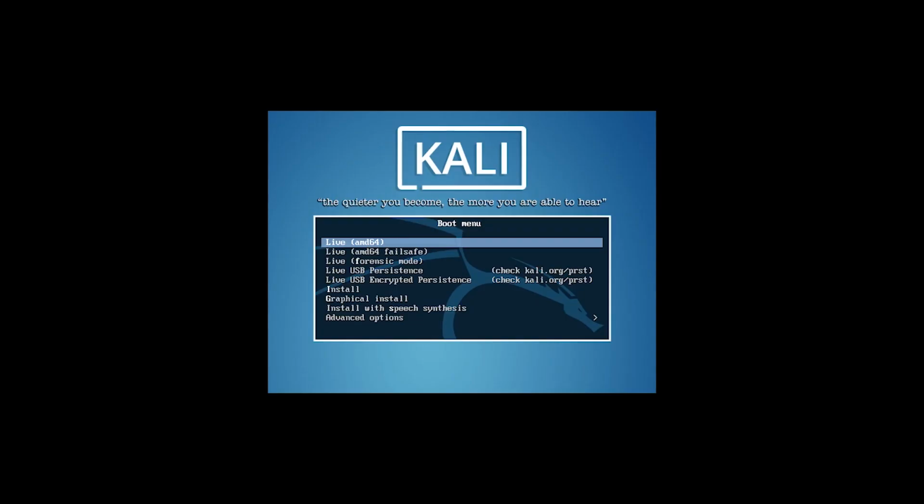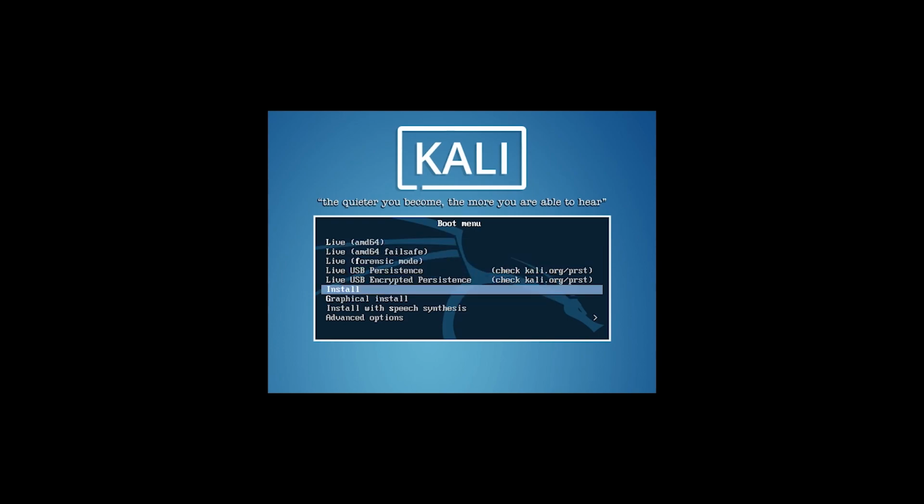So you have officially booted your system to your USB drive with your bootable Kali Linux. You are now at the boot menu screen here. You have a few options. What we are going to do is a graphical install. All these options are nice and fun, but we want to do a persistent real installation rather than a live or a forensic or a live USB. So we're going to come down to the graphical